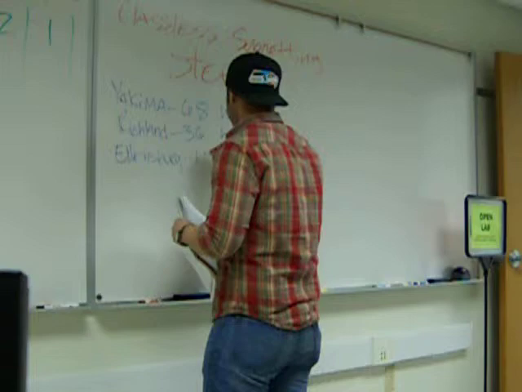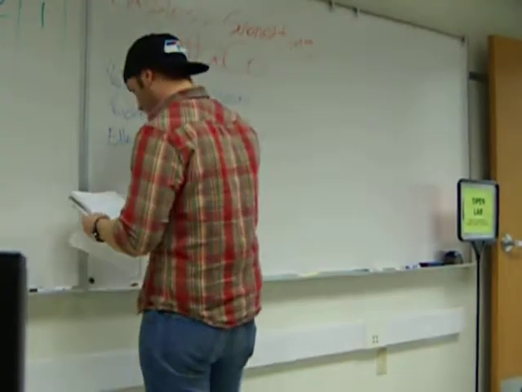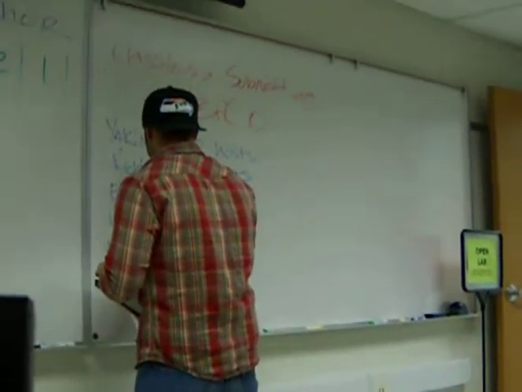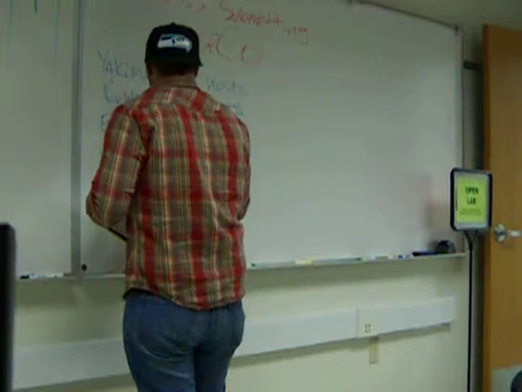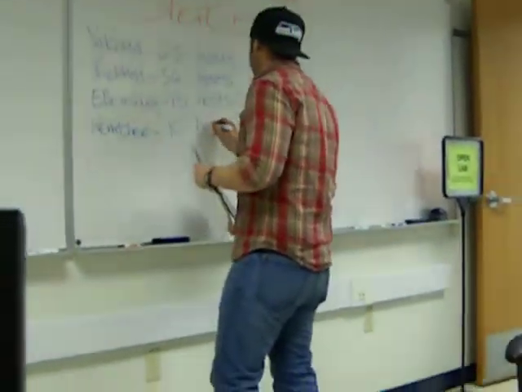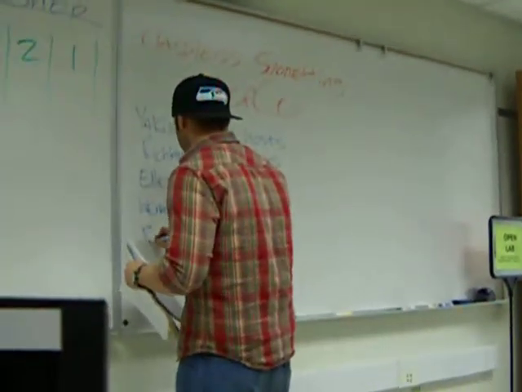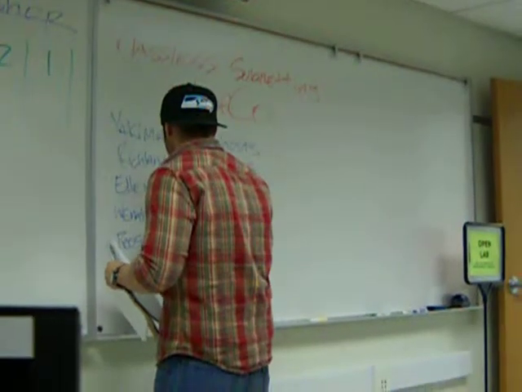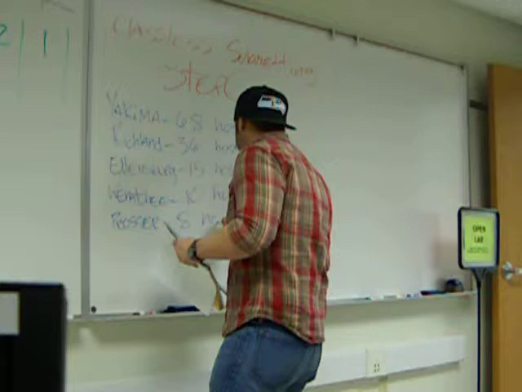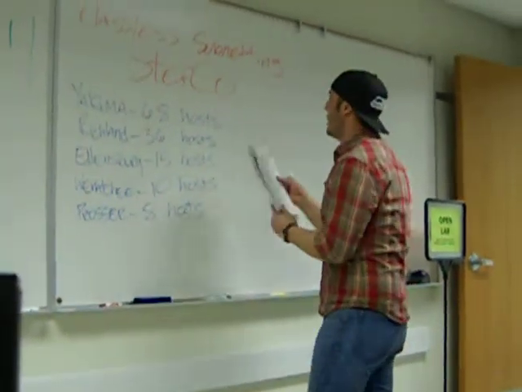He wants 15. Wenatchee wants 10 hosts. Prosser, he wants 8. And he gave us an address of